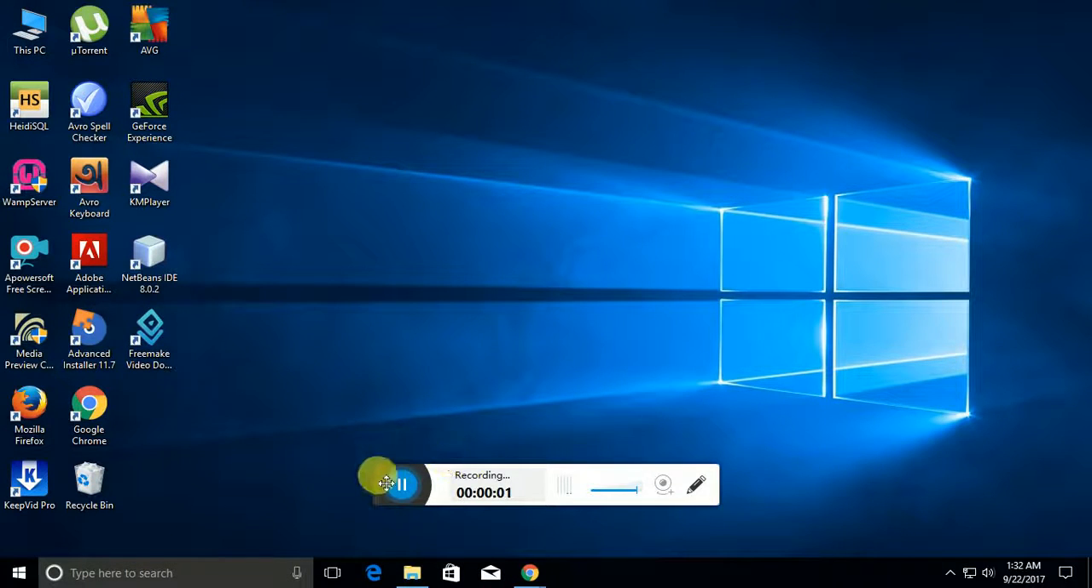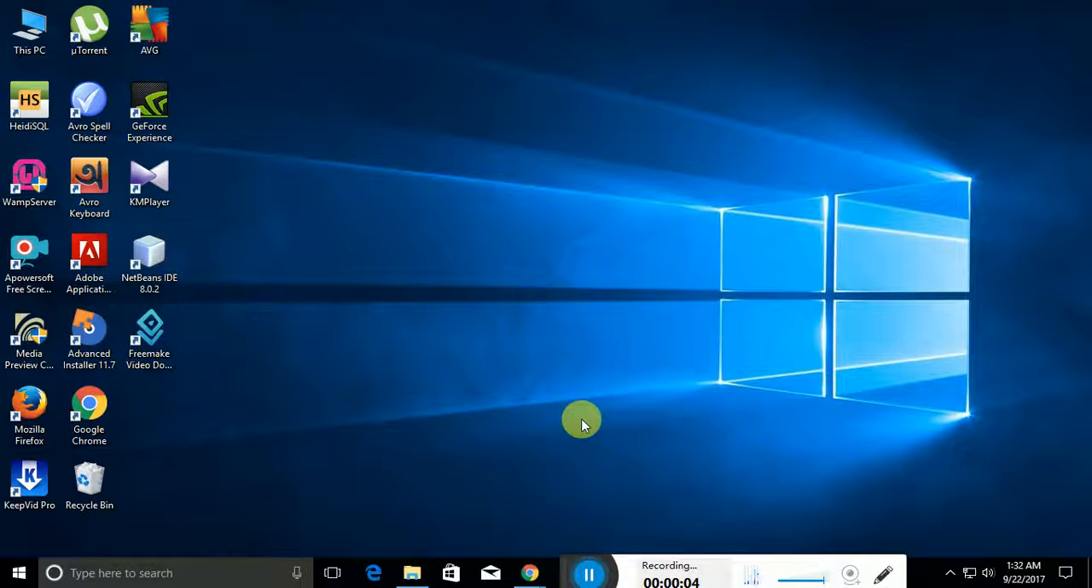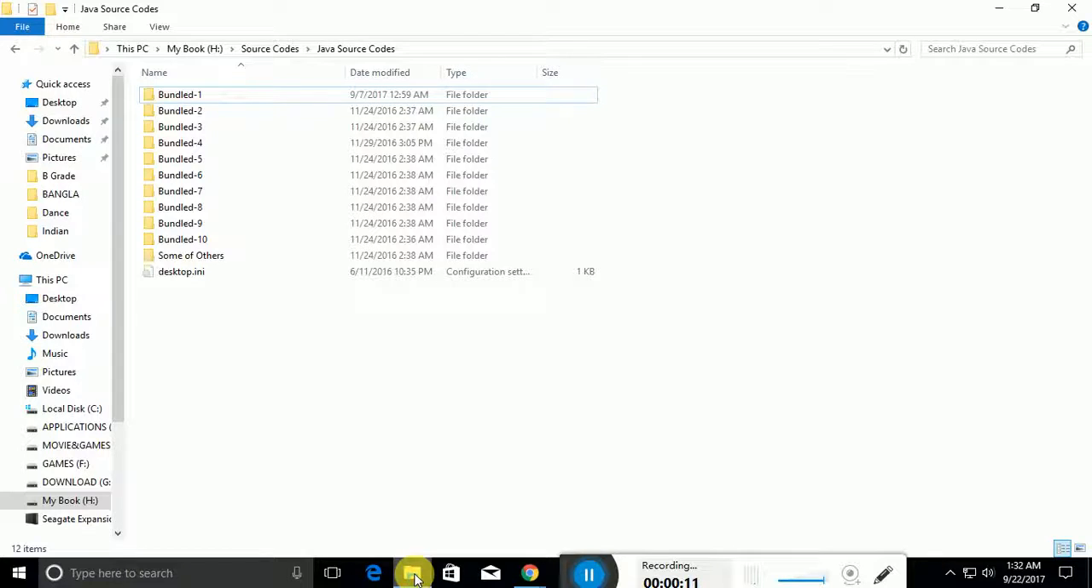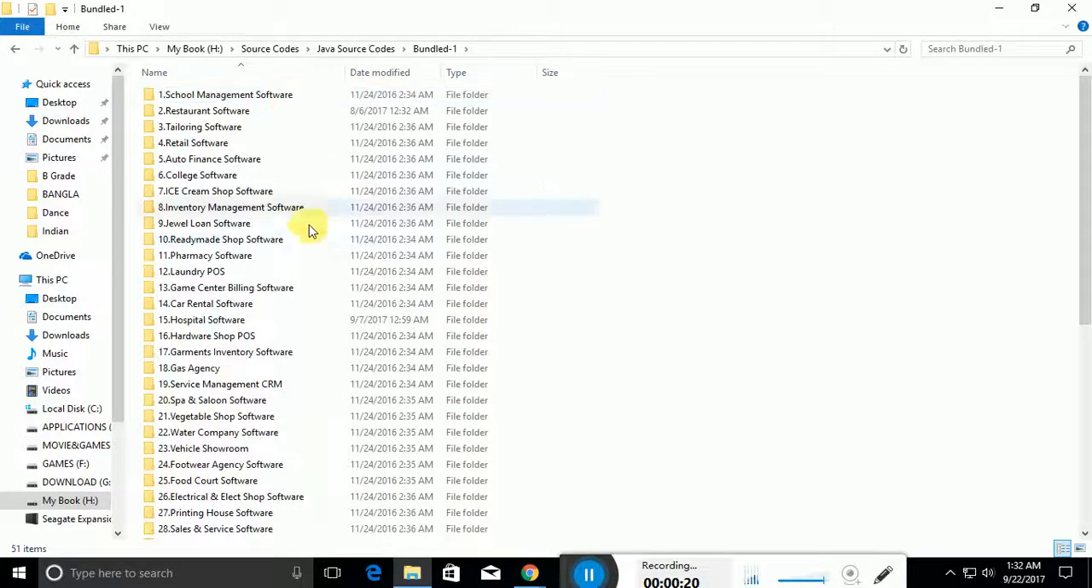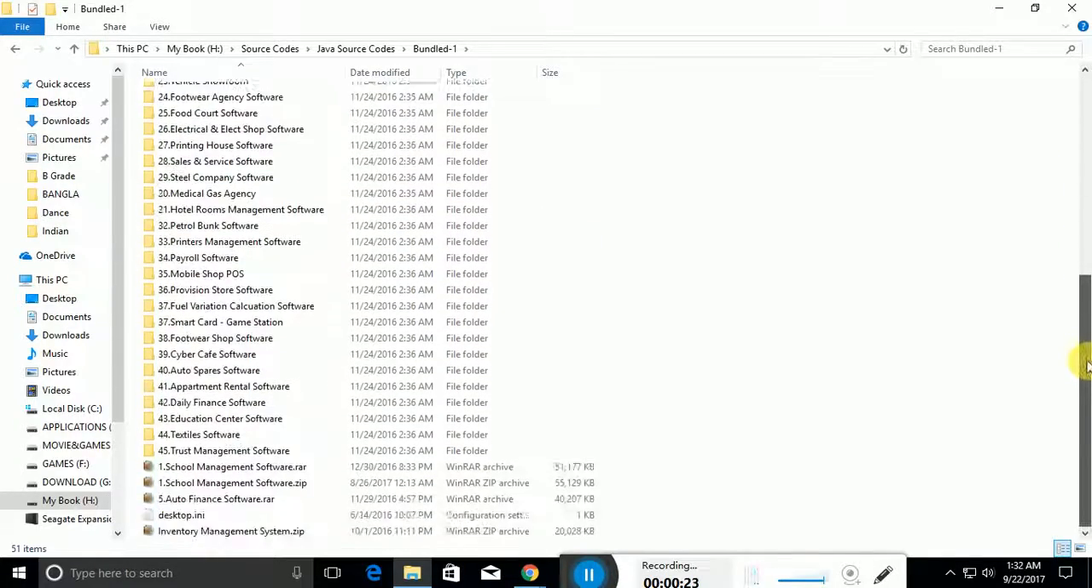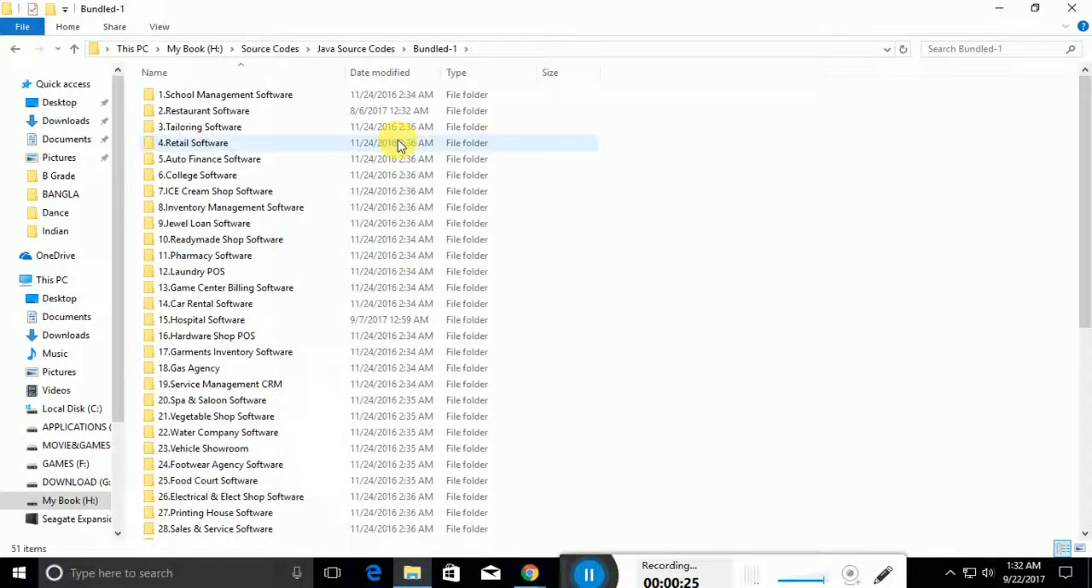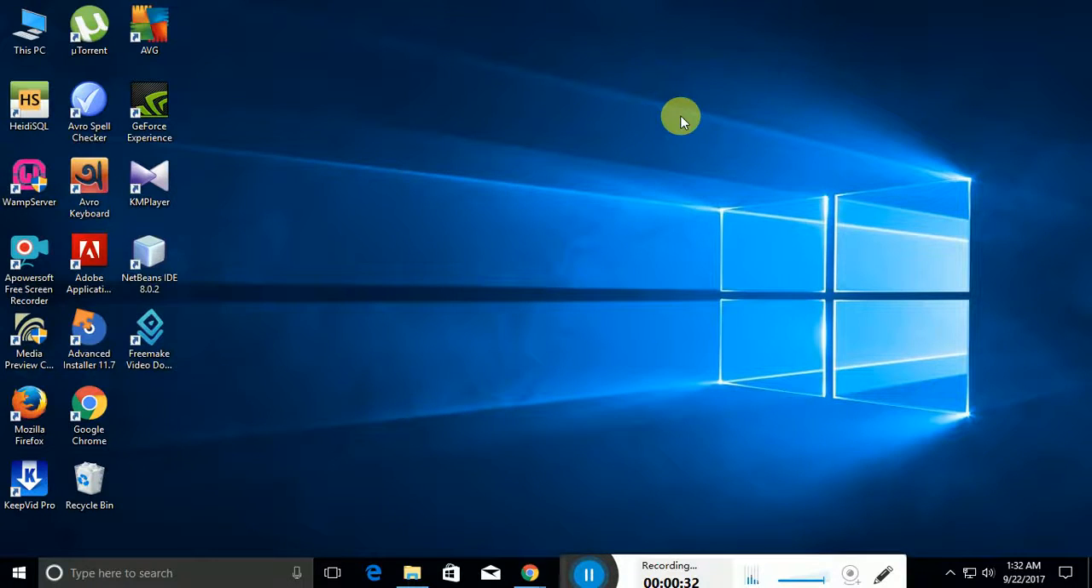Hello, I am now telling you how you have to use our source code to run or create a new software. Now, after downloading all those things I provide you, you have this kind of bundles, right? Inside this, you have all the softwares. Now, I will give the example of the number one software, school management software. Okay. Now, what you need to install in your computer is